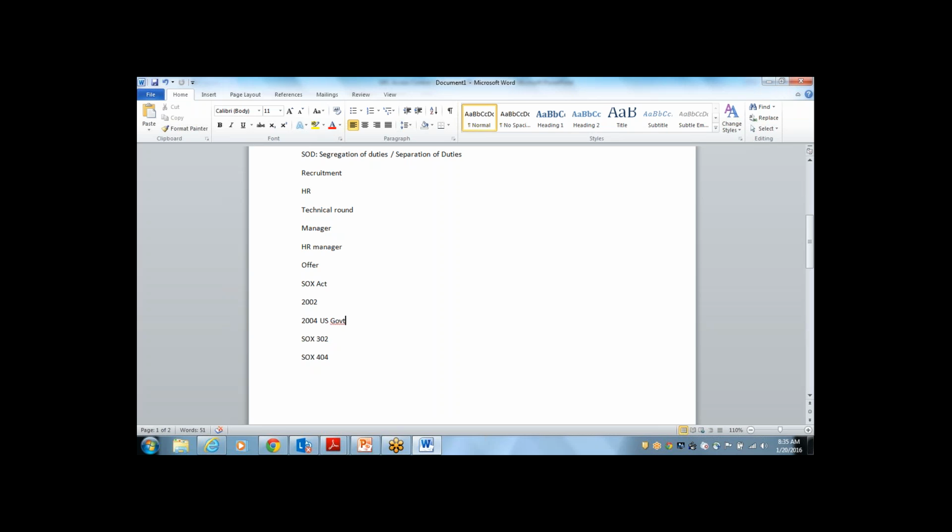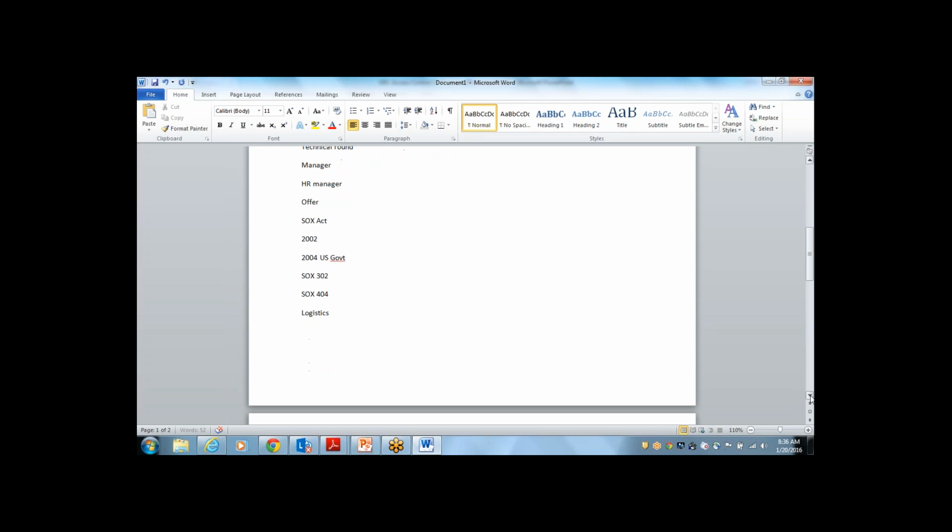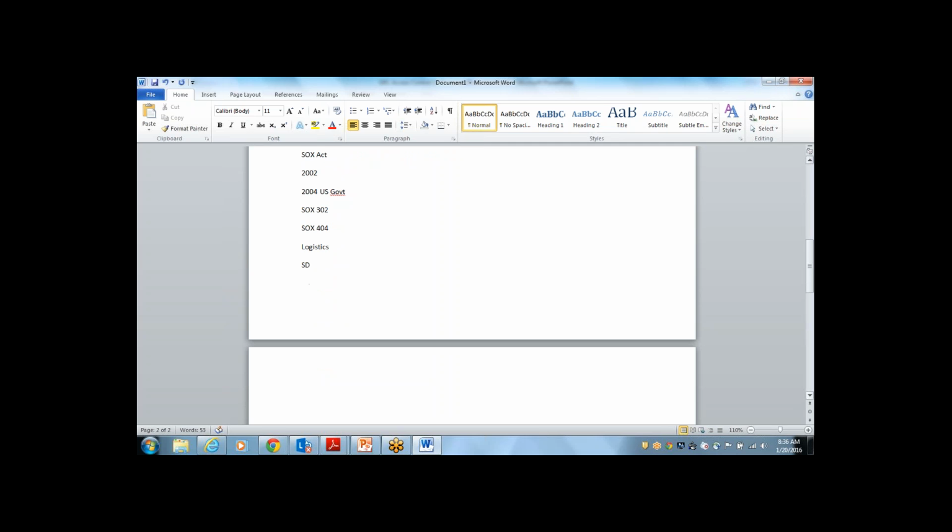In the same way, in the SAP system, there are thousands of transaction codes for each business process. Each business process is like OTC, order to cash, RTC, requisition to cash, and procure to pay, PTP. We have finance, right? At a high level, we have SD, MM, FICO, HR. What are all these things? These are all logistics. You can simply say logistics.